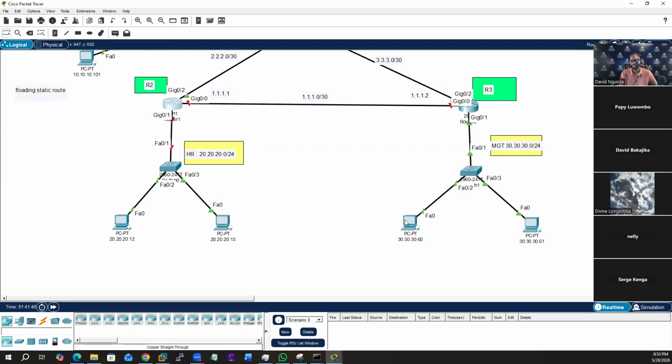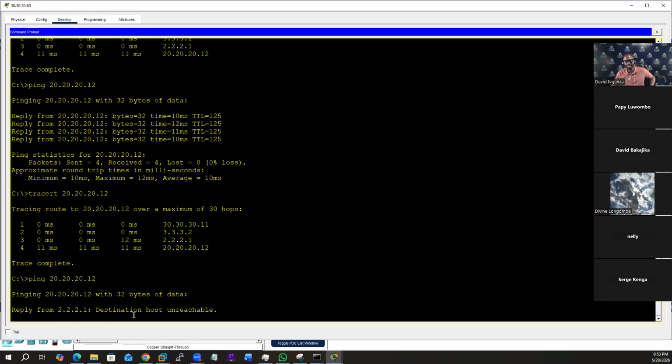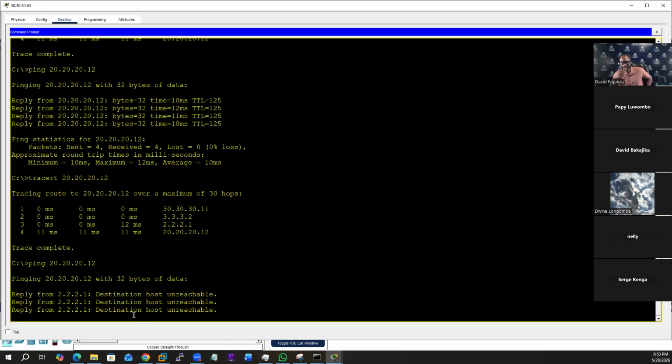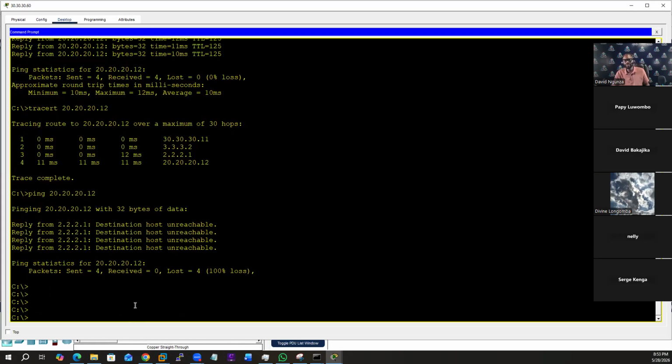This PC wants to go here. Ping. Now, when you do this, let me show you guys. When you ping, you're getting destination host unreachable. Unreachable, yes. But you want to know where it's unreachable. Make sense? Then if you do traceroute,